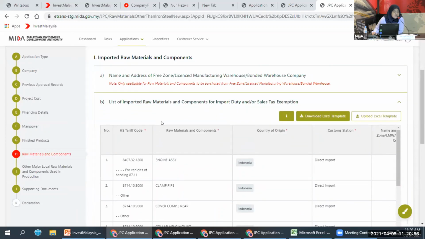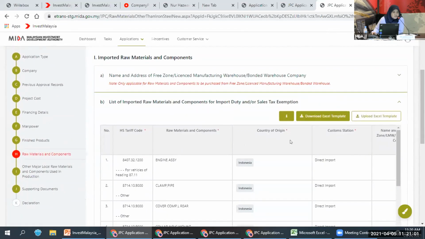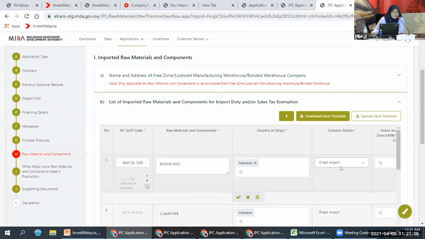Some companies are having issues understanding the terms that we use here. Customs session is related to whether your raw material is direct import, free zone, LMW, or bonded warehouse. If you directly import, you select the directly import option here.